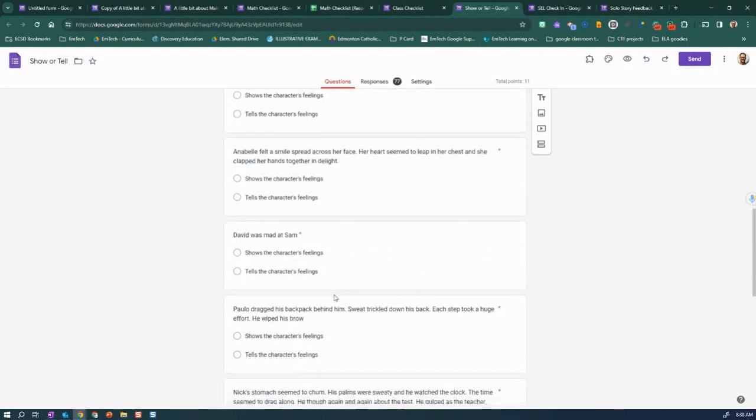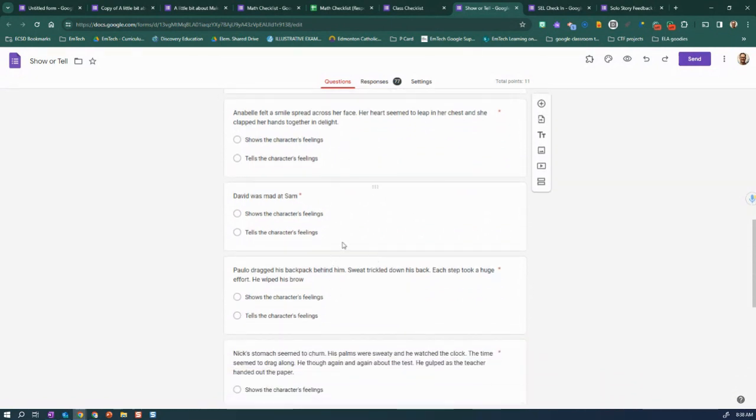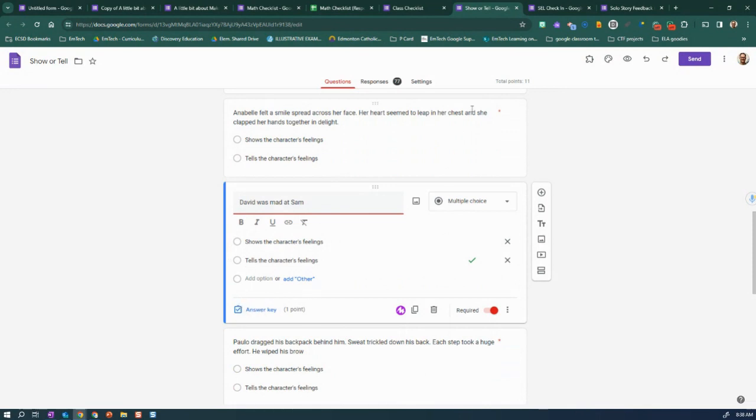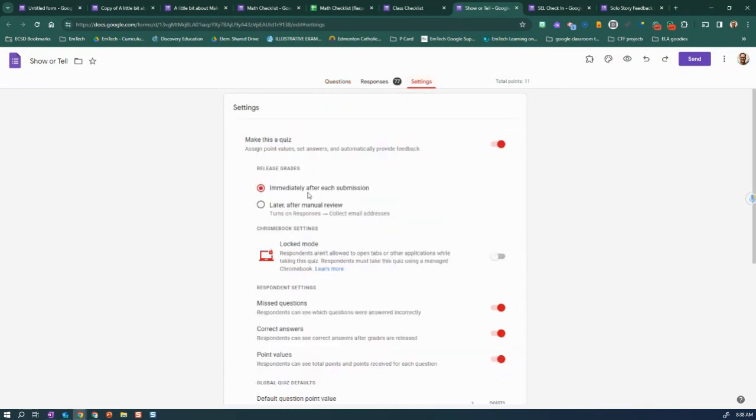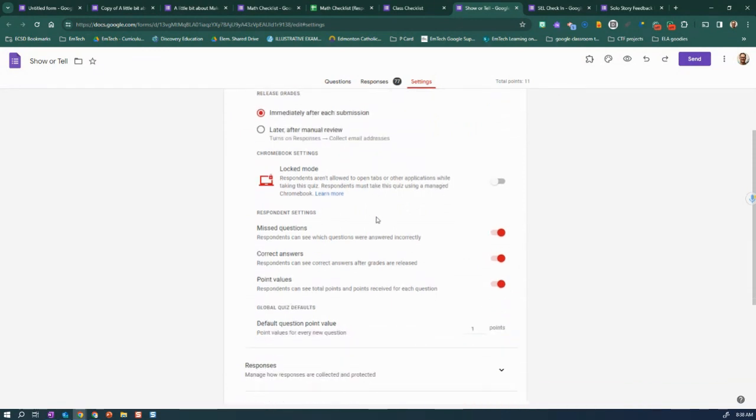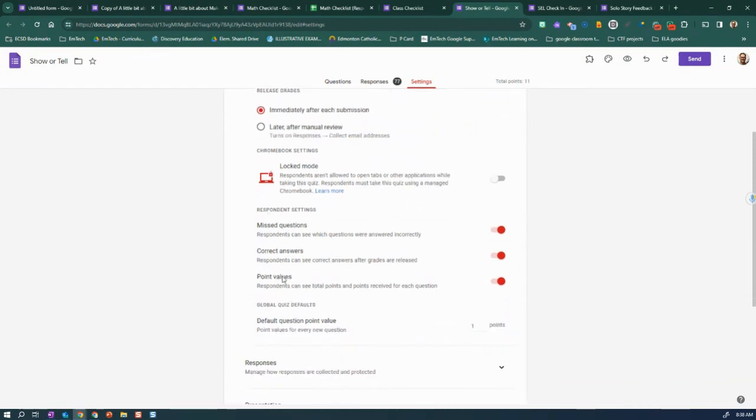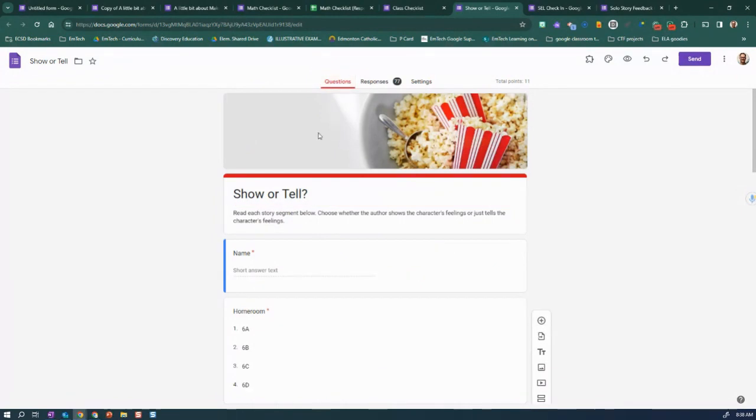Now, once the students filled this out, it was immediate. This can be automatically graded. You can see in my settings, I can come up and I have made this a quiz. I release the grades. I can change all of these different settings for my students to get that immediate feedback within my quiz,